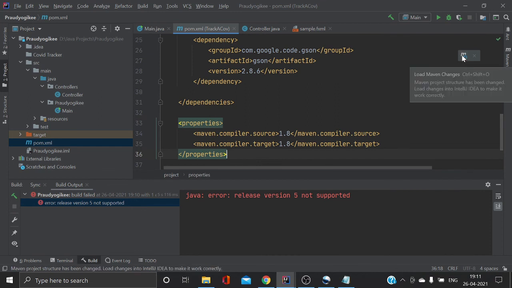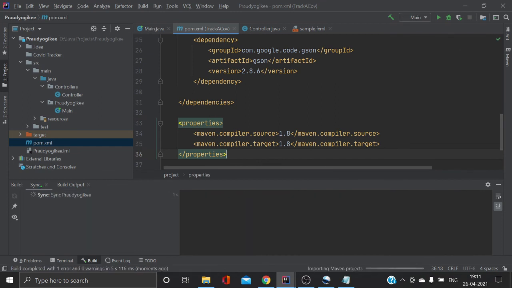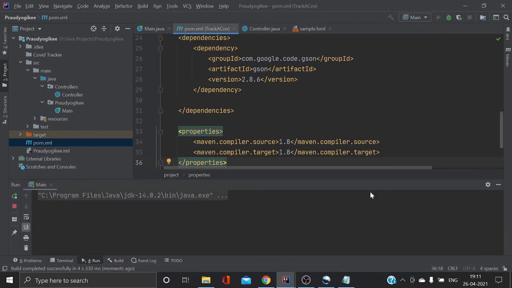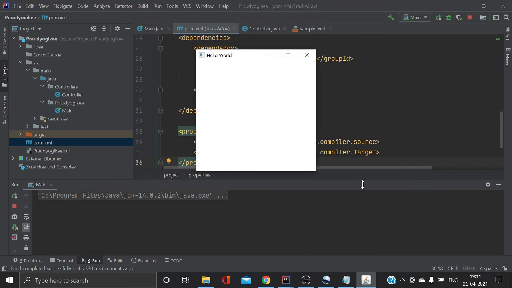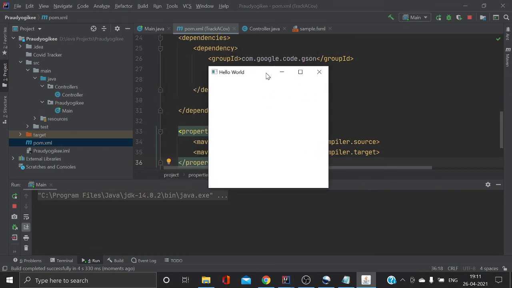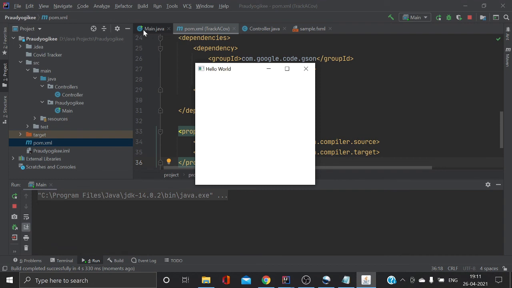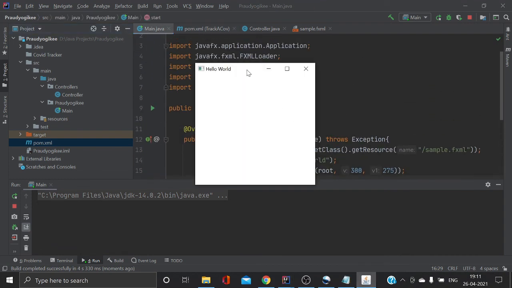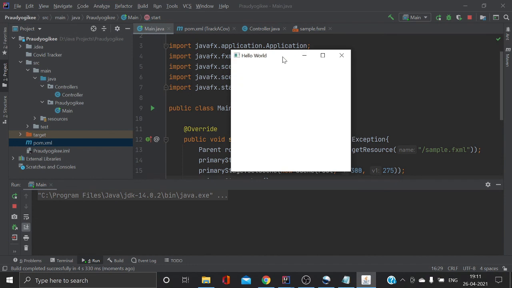After that, you need to refresh this Maven changes and then run again. So this is the default code which was written for a hello world screen in our main.java file, which means our project is running successfully.